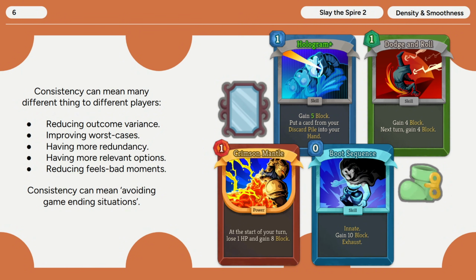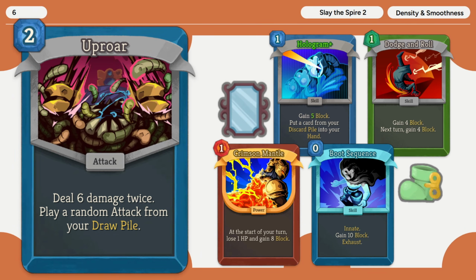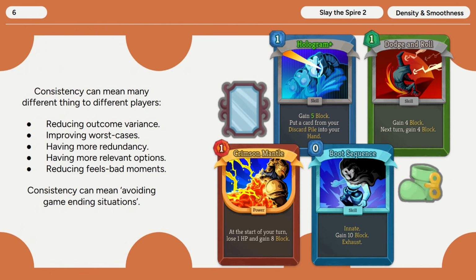You could also reduce outcome variance by just refusing to click cards that have random outcomes, right? Like there's a card Uproar in the game. Uproar has a random outcome. It plays a random card from the deck. You could also try and improve your worst case scenarios. So improving your worst case damage with a card like the Boot, or increasing your worst case block with a